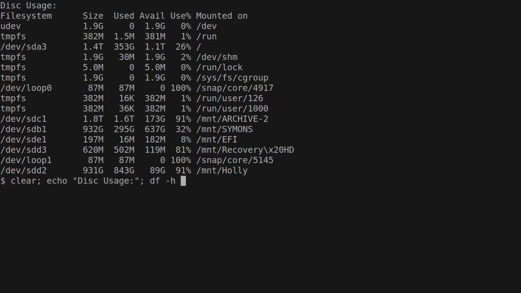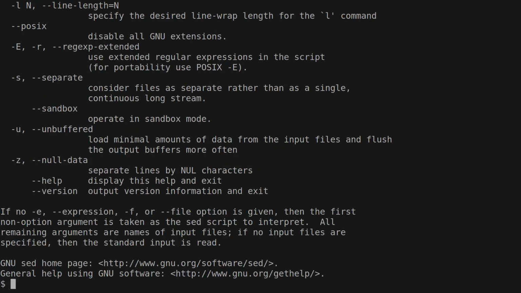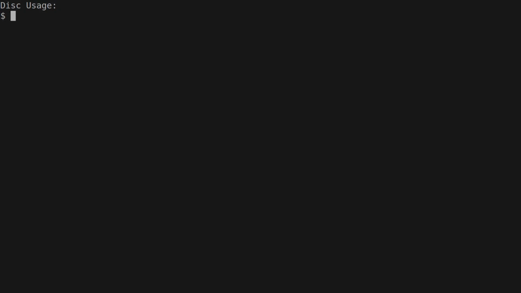So we could run this through sed, our good friend, and say, by default, please don't print lines. I forgot to give it a script. There you go. And now we've just completely suppressed df's output. It's not what we want. But what we want are the lines that begin with caret. Sorry, we need to begin our regex first. So we want lines that begin with